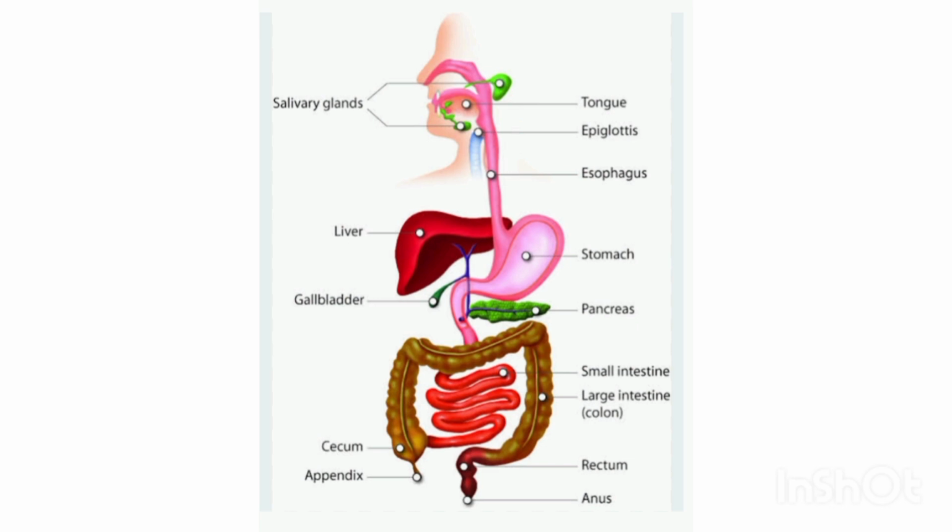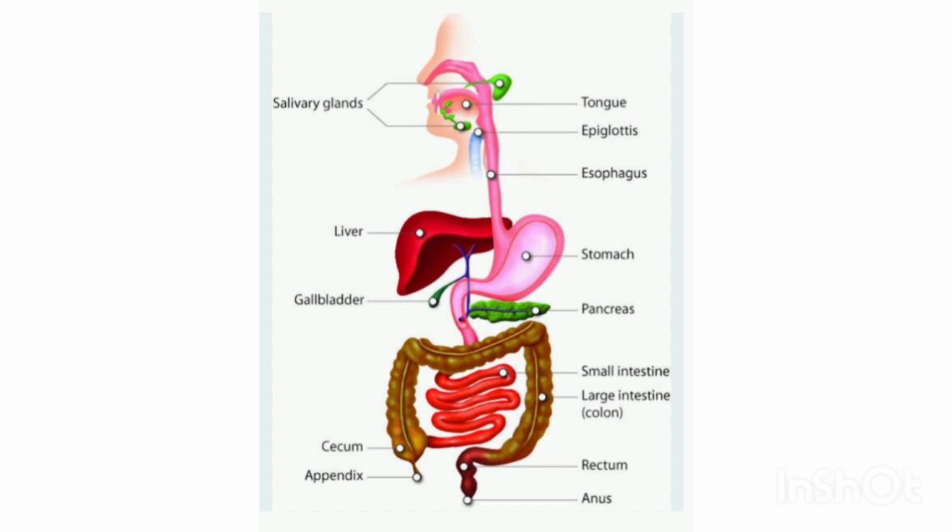The first part of the human digestive system is mouth, from where the food enters into the alimentary canal. It is mainly comprised of two major parts, the tongue and teeth. Tongue is a highly muscular sensory organ present at the floor of the buccal cavity, and it bears several taste buds and helps in mixing food with saliva, and it is also helpful in producing speech. Teeth are hard structures present on the bones of both lower and upper jaw and are basically used for the purpose of grinding, cutting, and chewing food.